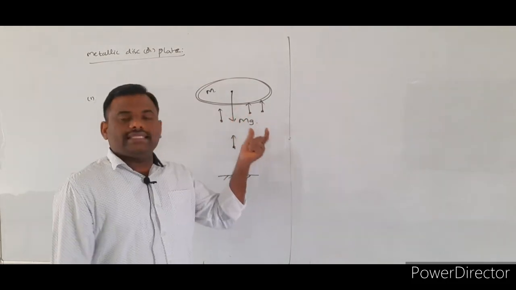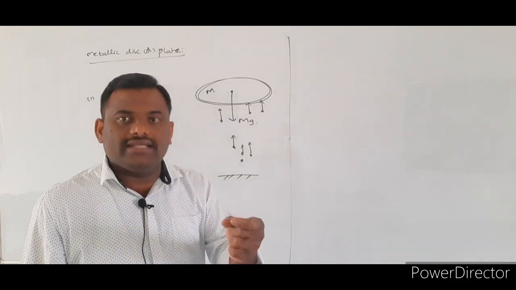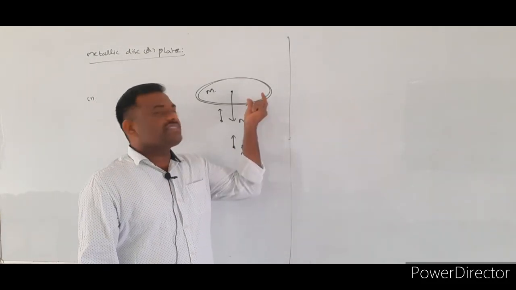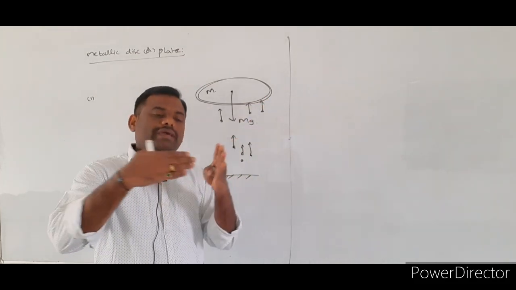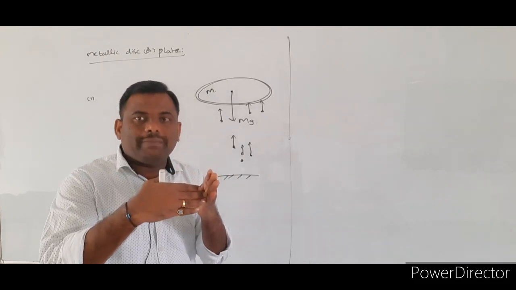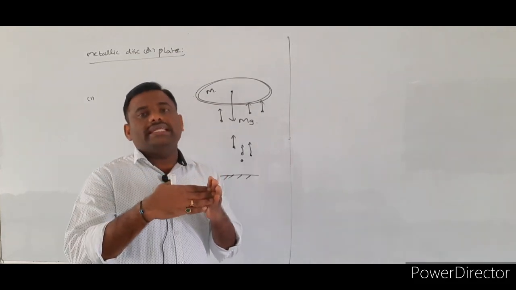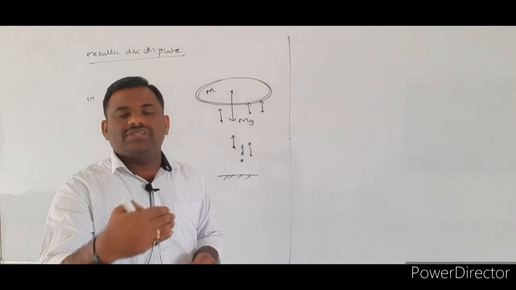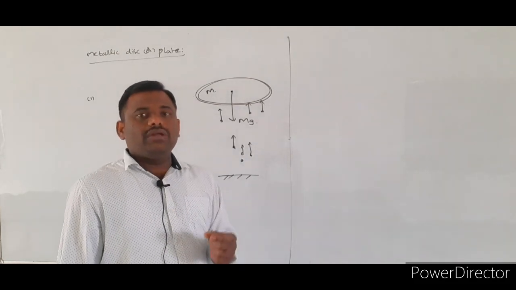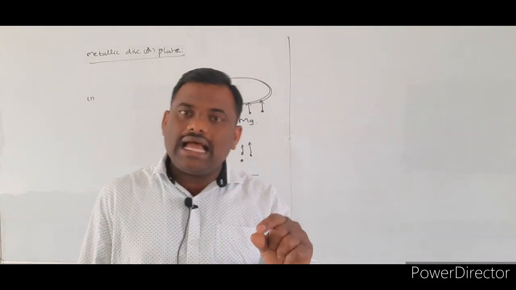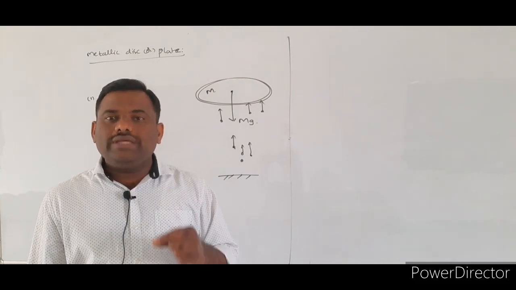These bullets will strike the metallic disc and dead. That means once the bullets strike the metallic disc, they will be embedded inside the metallic disc only. They should not fall backwards. So like that we assumed here. Whenever the bullet strikes the metallic disc and deads, at that time what amount of force do we have to exert